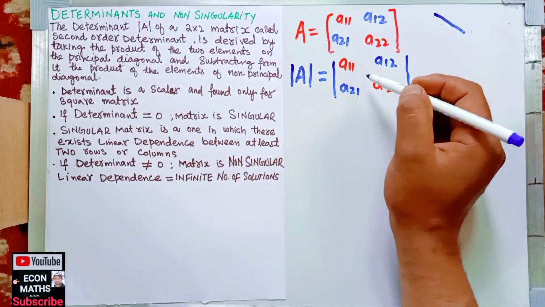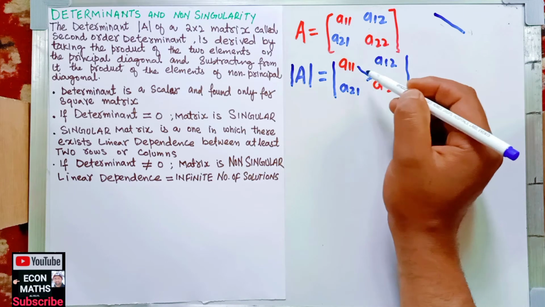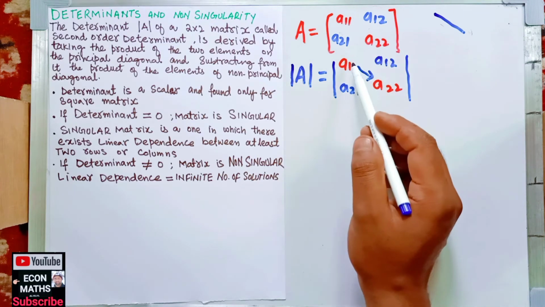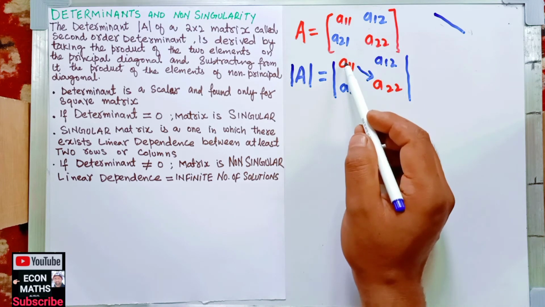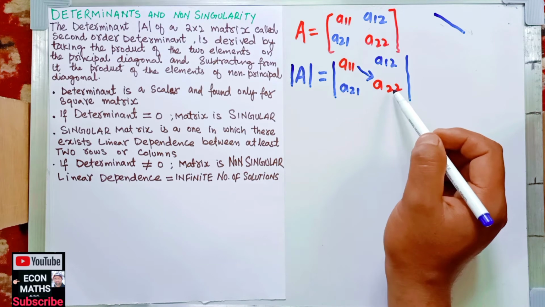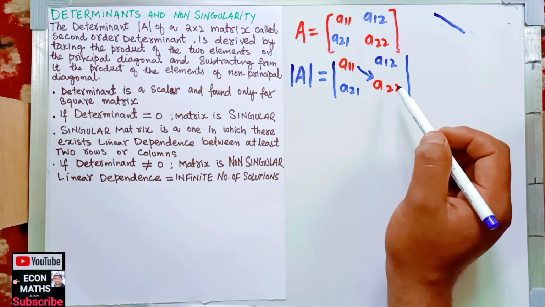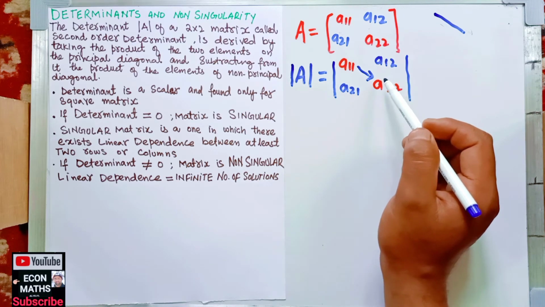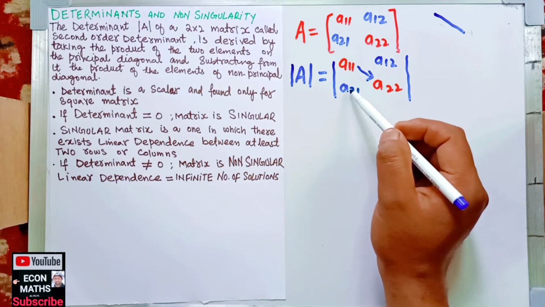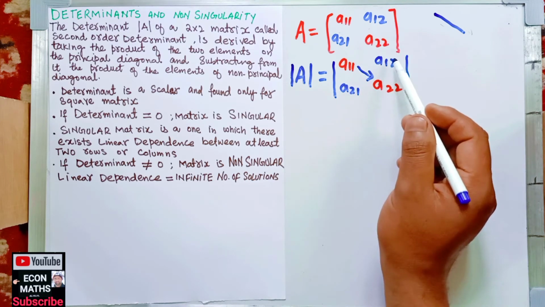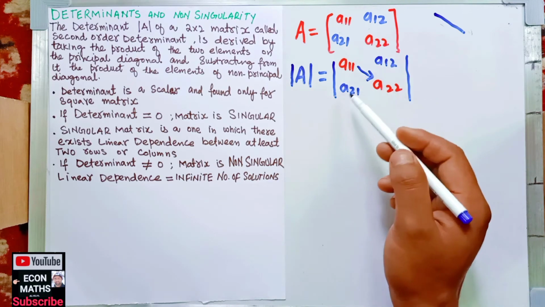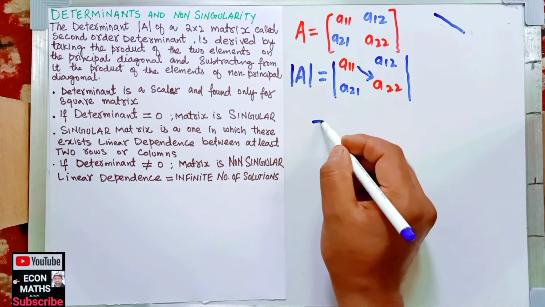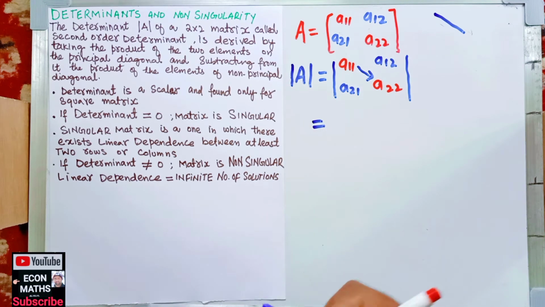Now I multiply these two elements on the principal diagonal, that is, I multiply this a11 with this a22 and then subtract from it the product of these two elements on the non-principal diagonal. That is, the determinant is then